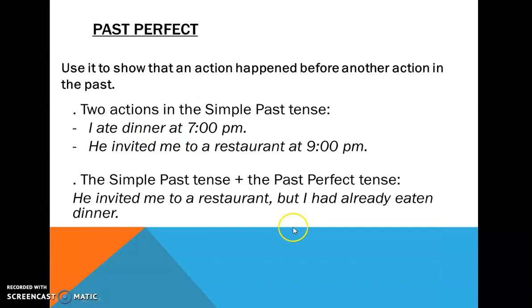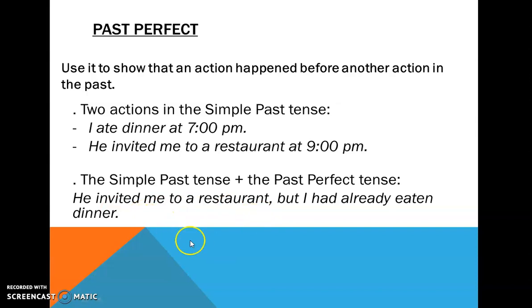Let's continue. The past perfect tense is used to show that an action happened before another action in the past. Okay, I have this example right here. I have the two actions in the simple past tense. I ate dinner at 7 p.m. And the other one is he invited me to a restaurant at 9 p.m. Okay, so when we use the simple past tense and the past perfect tense, that is the topic of our class today, yes,